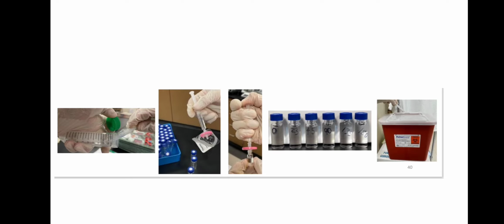Syringe filtration involves passing a liquid sample through a filter device attached to a syringe. This technique removes particulates and dissolved gases from the sample, preventing clogging of the HPLC system and ensuring a more accurate analysis. By carefully transferring the filtered samples into autosampler vials, we minimize the risk of contamination and maintain sample